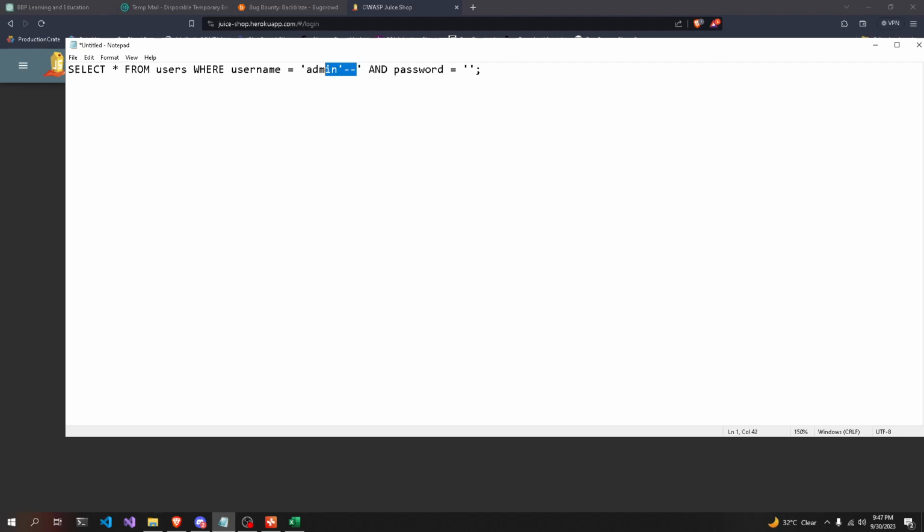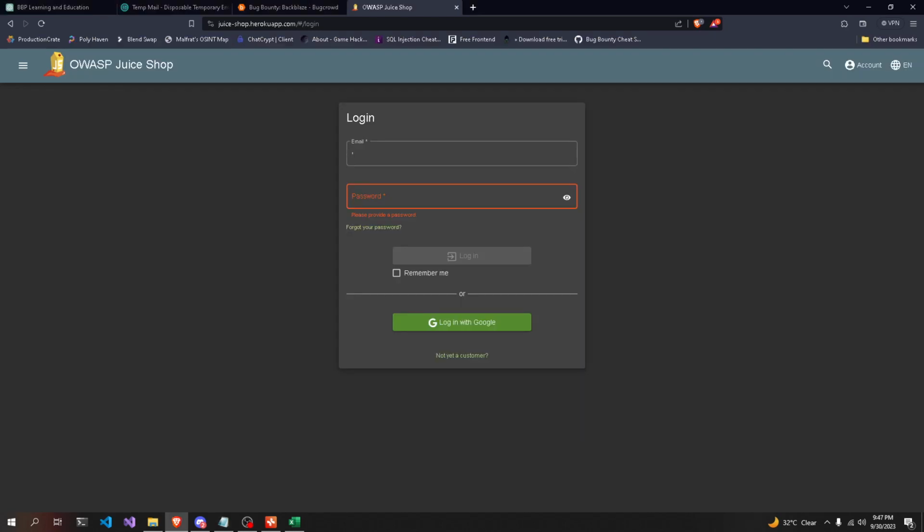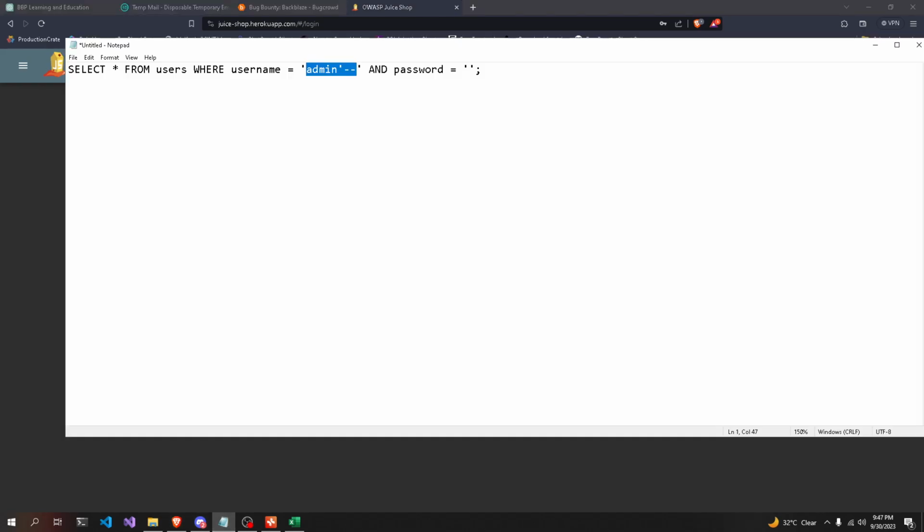So let's try that. So we can take it from here, and we're going to input that into here, and we're going to do any password. We're going to log in. That doesn't work because we're not sure if there is a username such as admin.